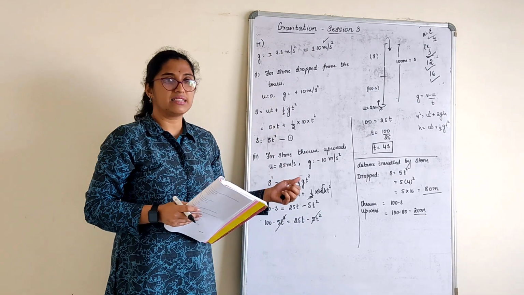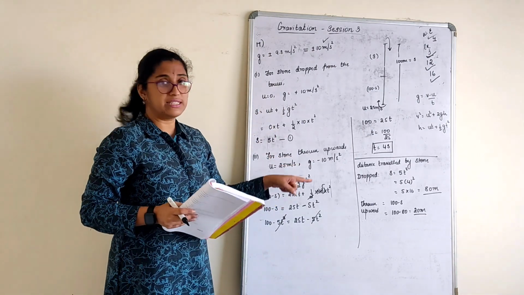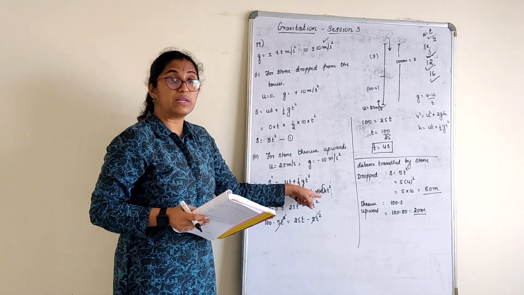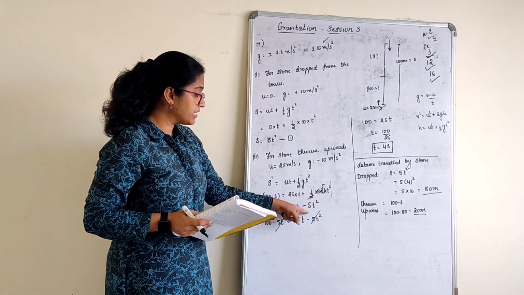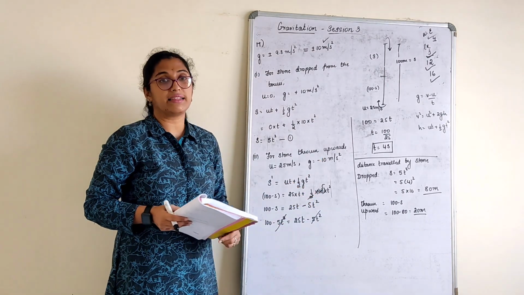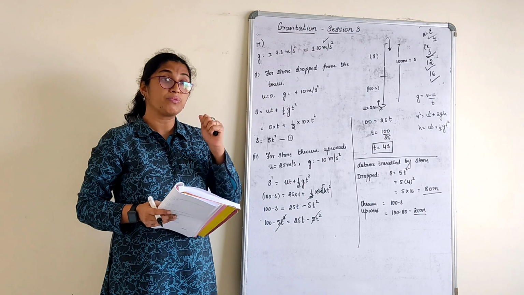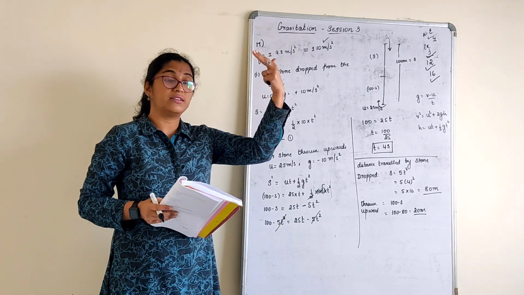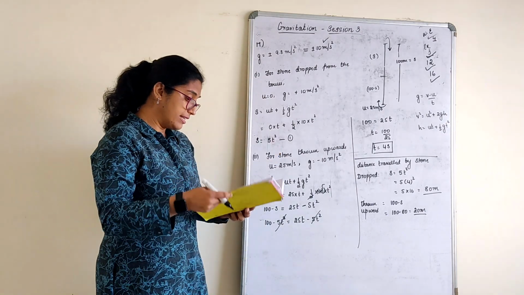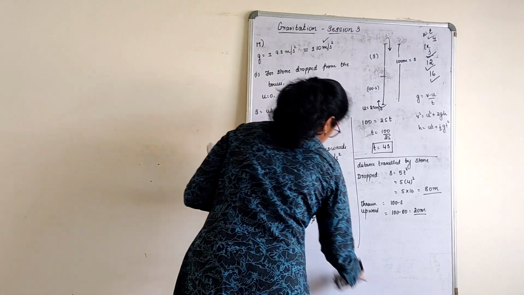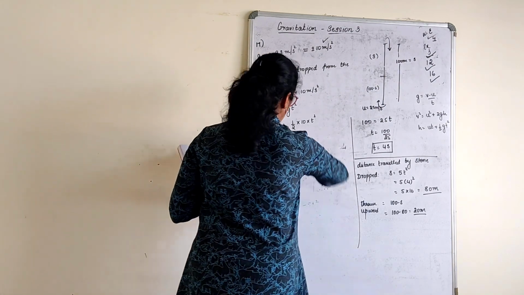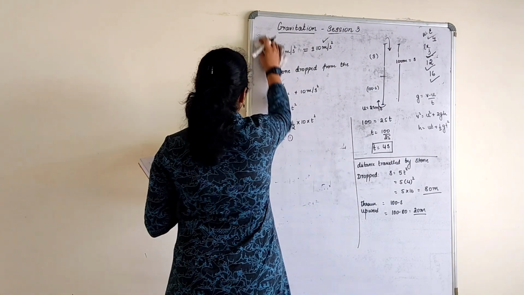A quite lengthy sum, but if you understand stepwise, it is actually very simple. Again, see here, I only had missed the g value as negative. So I was wondering where I might have gone wrong. But if I put the g value negative here, exactly I'll get the answer. With that one negative value, if you don't use it for upward direction, you will go wrong in the sum. We'll go with the next one. Then we have two more sums of relative densities which are very, very simple.